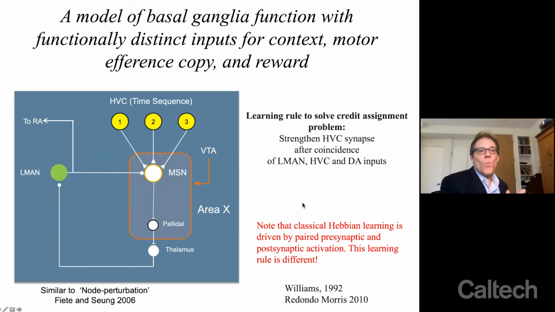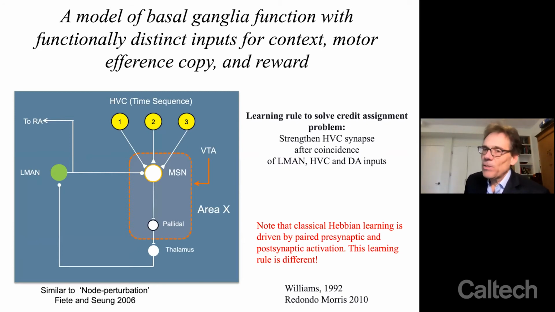Okay, now we've also proposed a detailed circuit implementation of this process in Area X. And the idea is that L-man inputs and HVC inputs converge on medium spiny neurons of Area X, where they implement a specific learning rule.